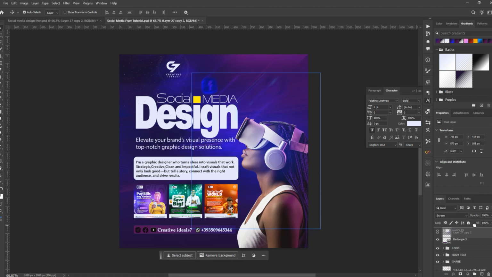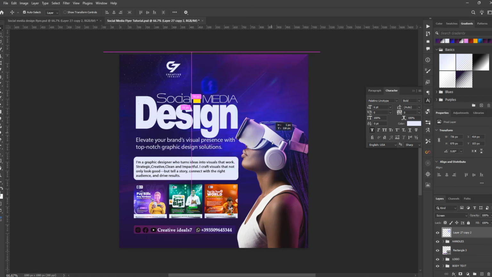A lot of people find it difficult to create something like this light, as you can see. So I'm going to show us how I created that light effect. First you are going to create a new layer by pressing this plus sign here,